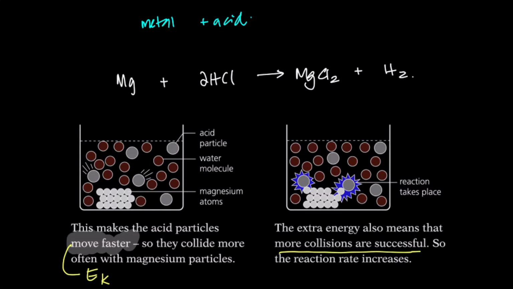So if 10% were effective collisions out of 100, would increasing the temperature give us more than double the effective collisions out of 200? Yes. If you, let's say, double the temperature, you're going to have double the collisions,